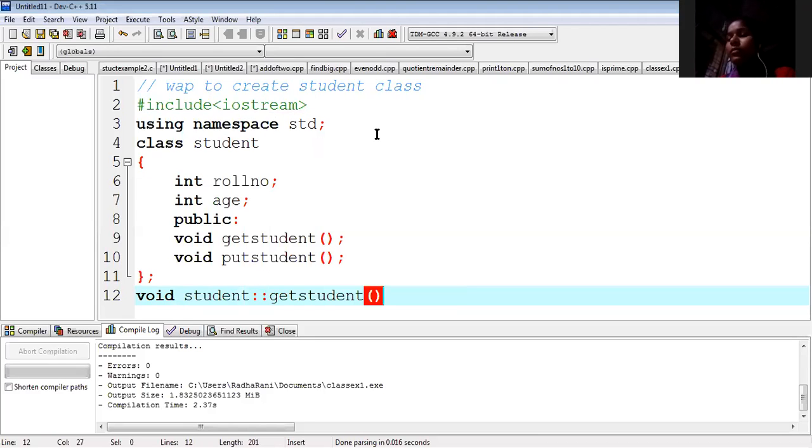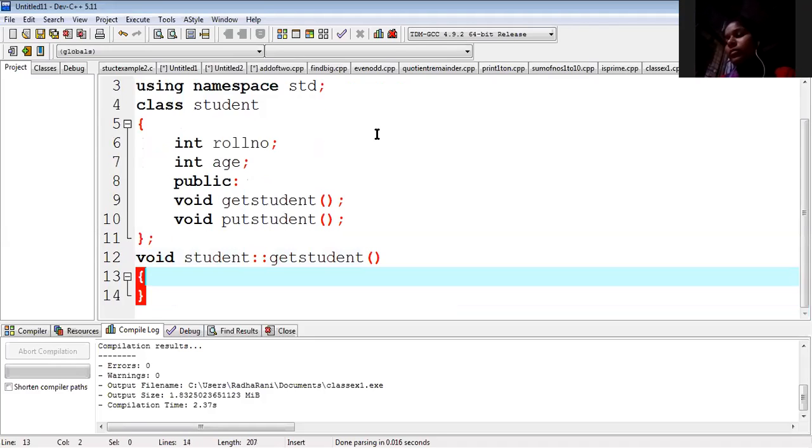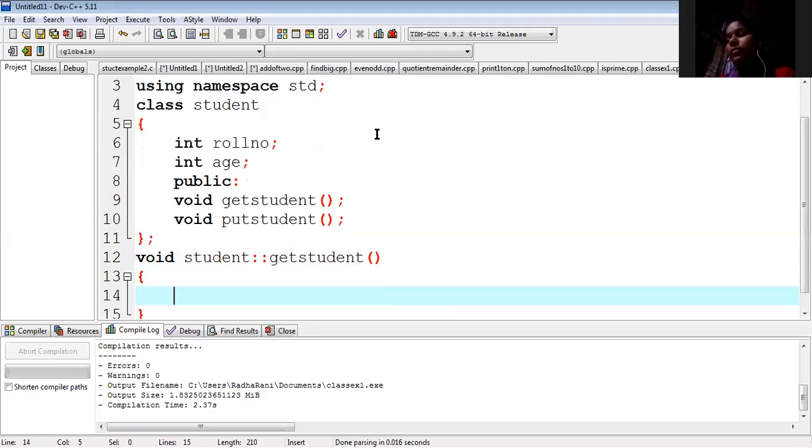First I'll write for get student. Get student means read the student details. Now I'm writing cout first. Enter student roll number.